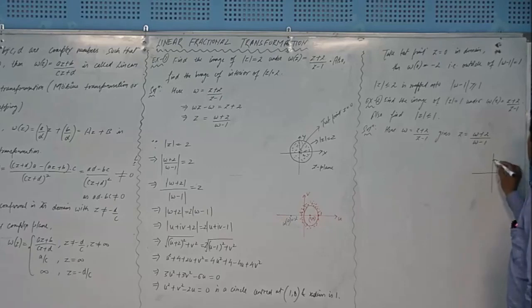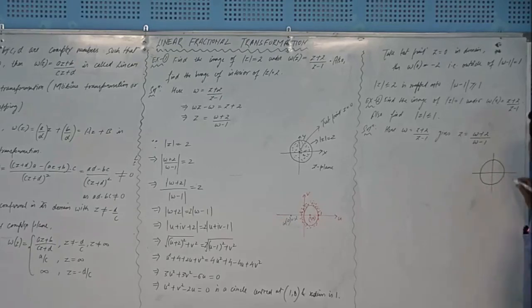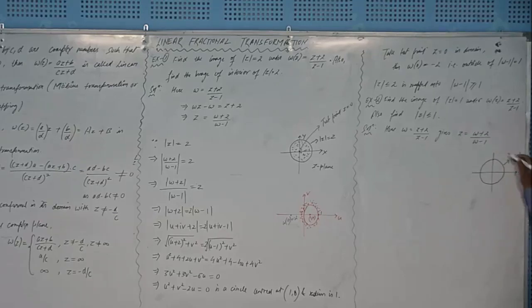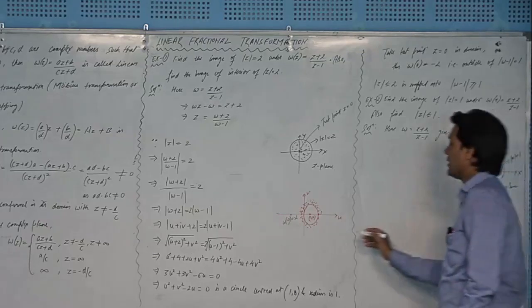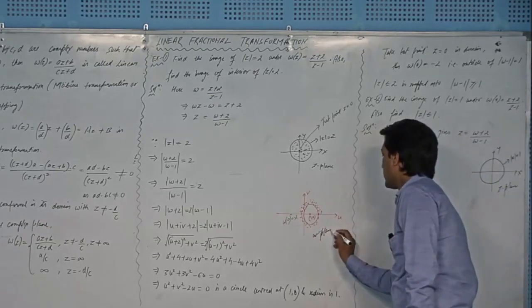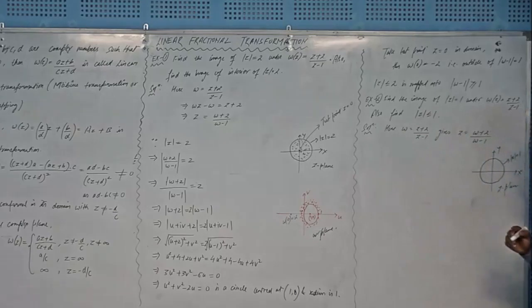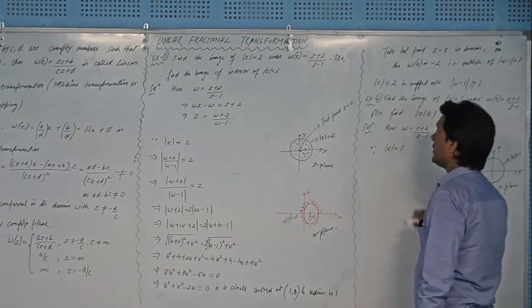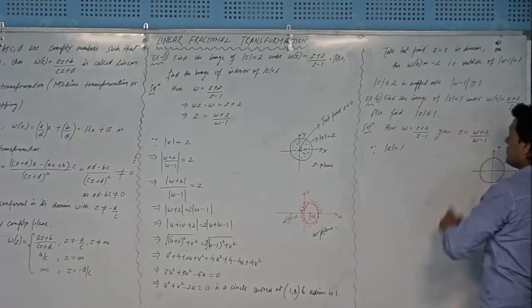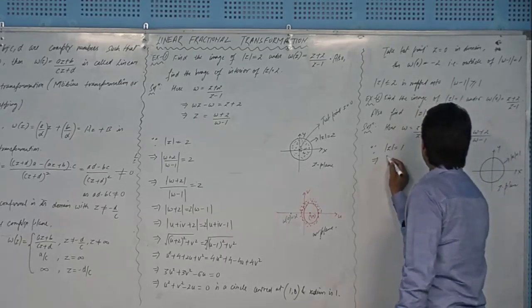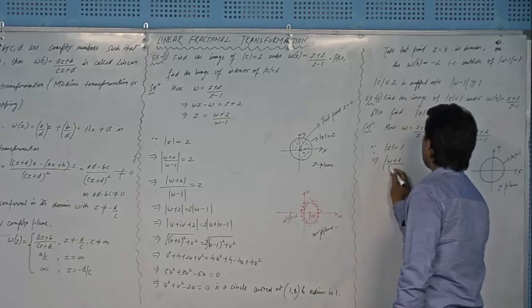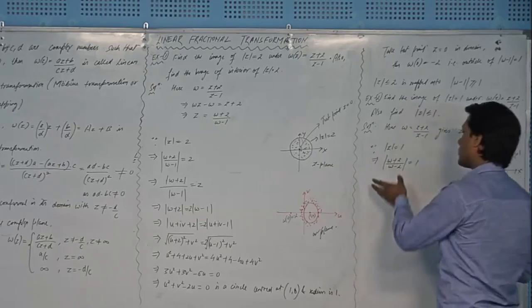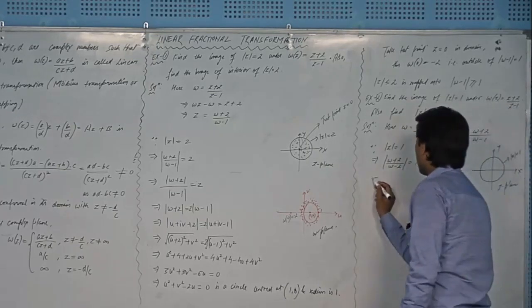This is a unit circle centered at z equal to 0 and radius equal to 1, right? So z equal to 1. This is the x-axis, this is the y-axis, this is your z plane, right? This is the w plane. Okay, so since mod z equal to 1, this time we have mod z equal to 1, that will give me mod w plus 2 over w minus 2 equal to 1, and on cross multiplying and simplifying, you will get